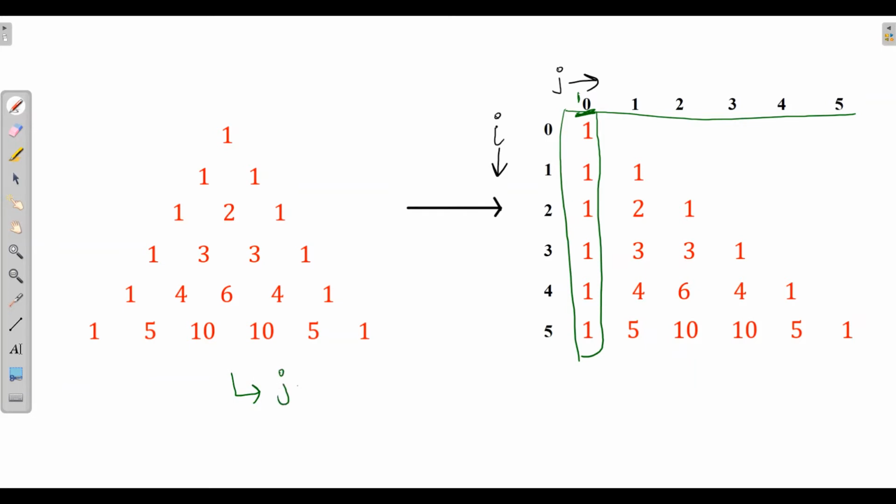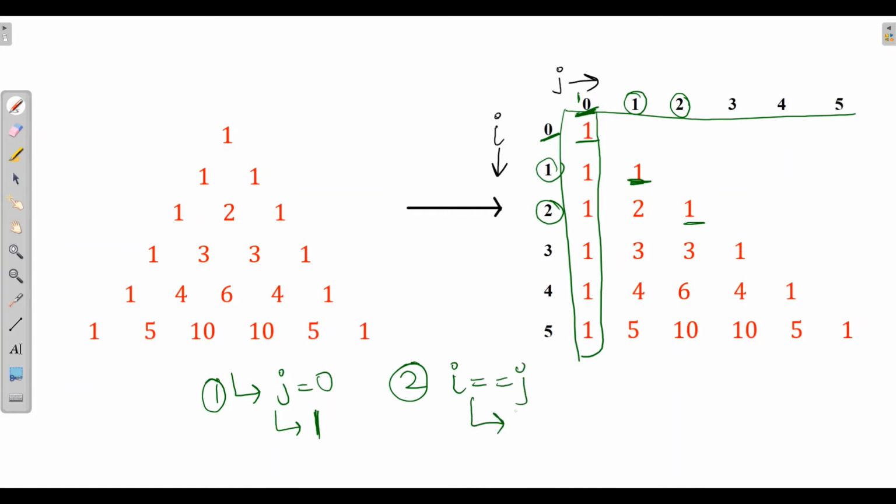Whenever j is equal to 0, we will have all the ones. This is our first algorithm. Then for the second point, if you see it carefully, whenever i is equal to 0 with j is equal to 0, there is 1. When i is equal to 1, j is equal to 1, we have again 1. When i is equal to 2, j is equal to 2, again 1. So I can say whenever i is equal to j, we have 1 defined over here. As you can see, these are all diagonal points.